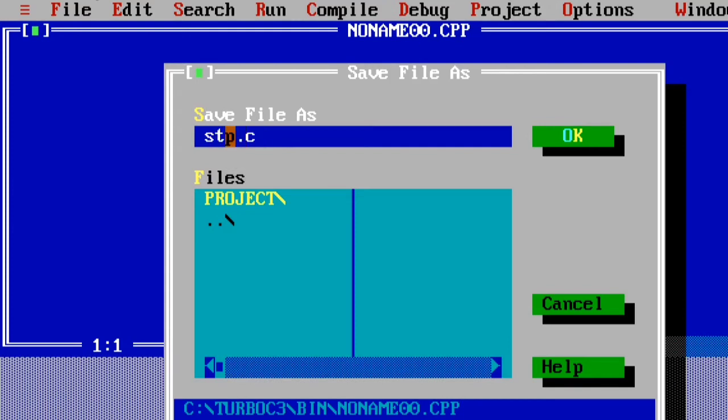Okay. So the primary name of the file is the user's choice. You may give whatever name you want. But each and every C program must be given the extension name .c.